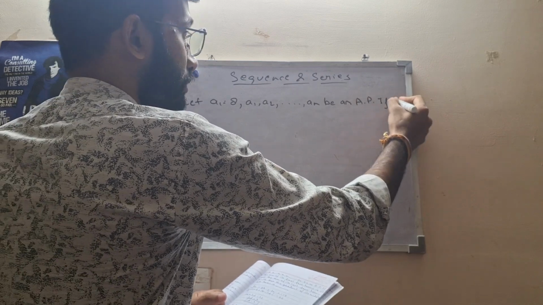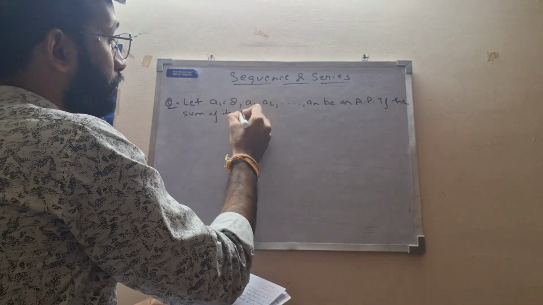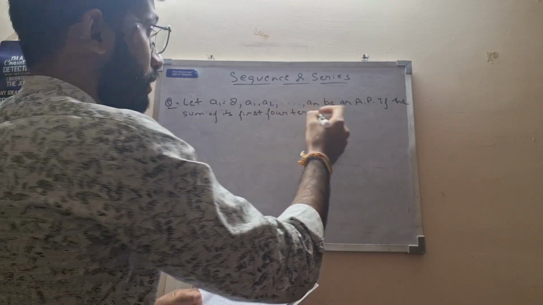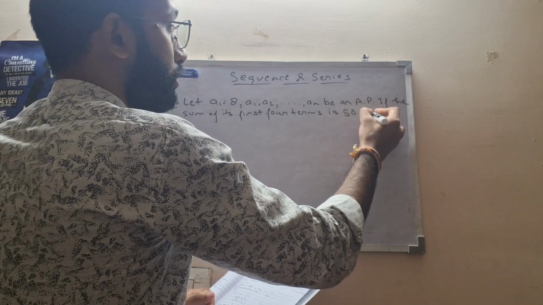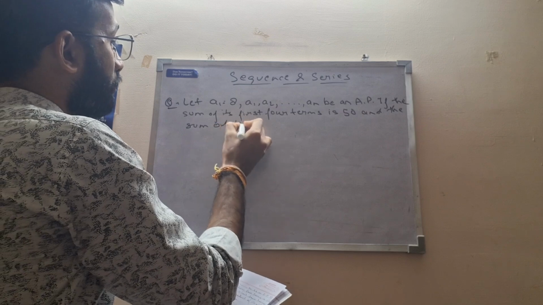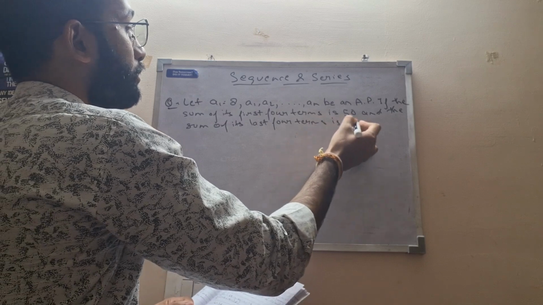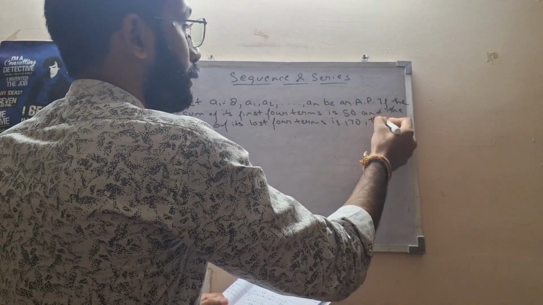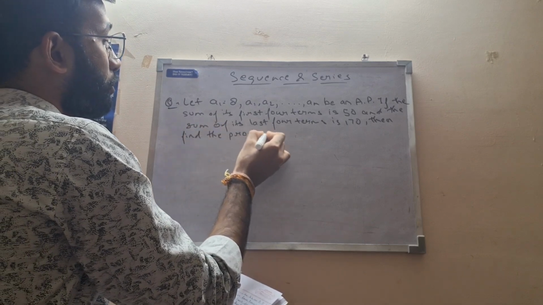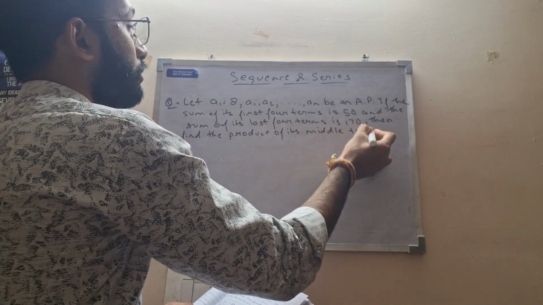Now if the sum of its first four terms is 50 and the sum of its last four terms is 170, then find the product of its middle terms. Okay,